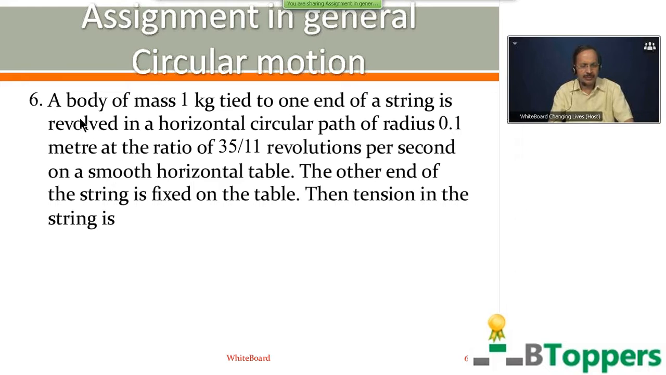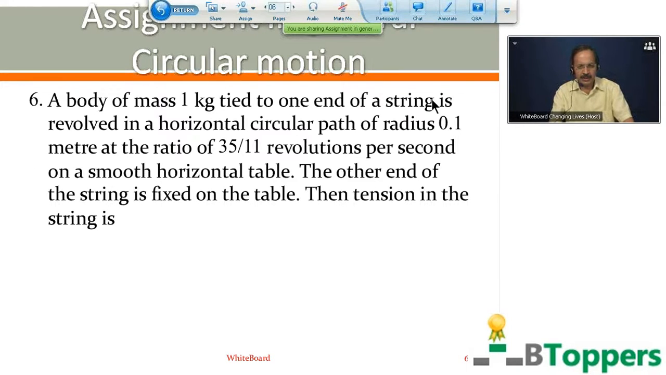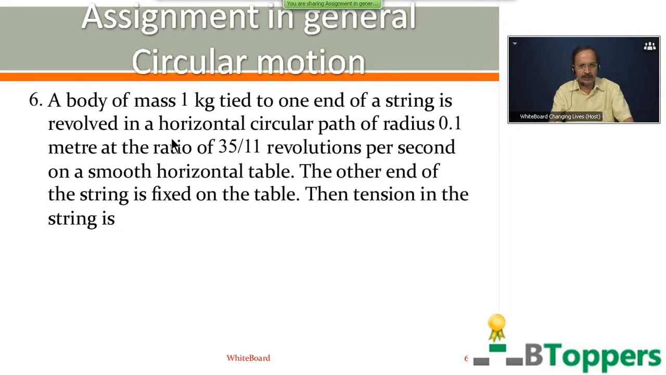See the question number 6. Body of mass 1 kg tied to one end of a string is revolved in a horizontal circular path of radius 0.1 meter at the rate of 35 by 11 revolutions per second on a smooth horizontal table. The other end of the string is fixed on the table. Then the tension in the string is,